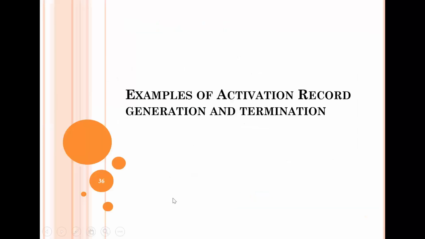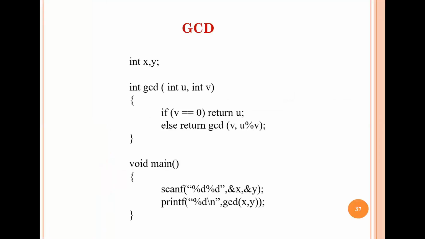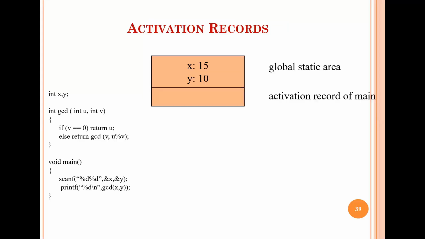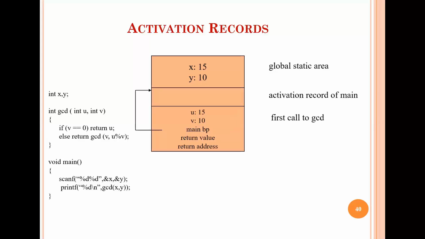Next, we have examples of activation record generation and termination. I have added a few slides. Say, for example, I have a program for GCD, that is greatest common divisor. Initially I am giving the value of X as 15 and Y as 10. This is stored in the global area, the static area. There's a call to an activation record. Main, we are giving a call to main,